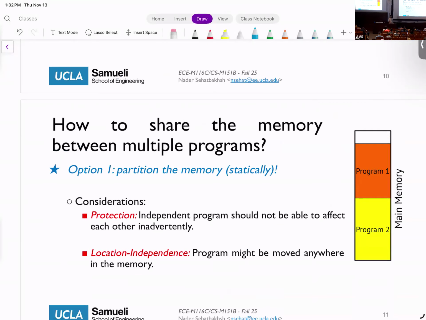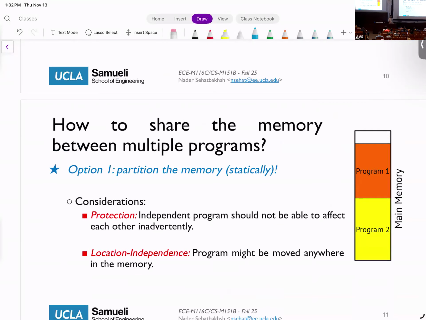So if I move that program, I change that base, and everything else stays the same, because the relative distance between the base and those addresses stays the same. How do I make sure that different programs don't access each other? I check the bounds. I essentially define the bounds and say that, okay, program A is in this address